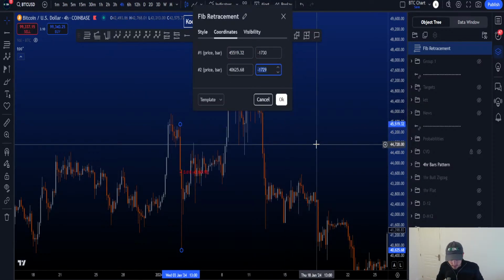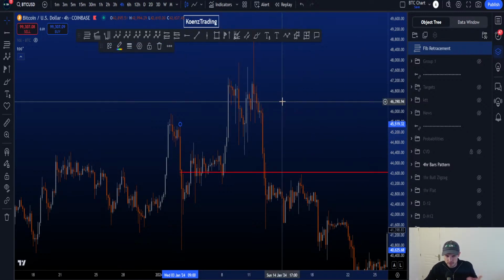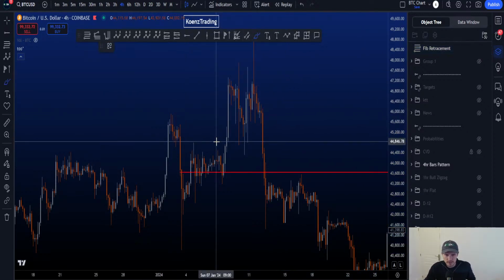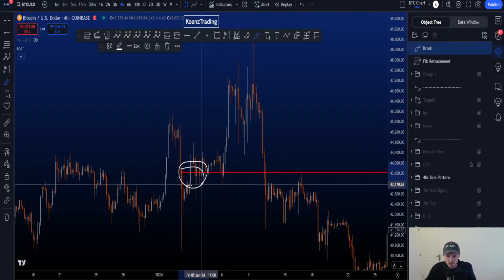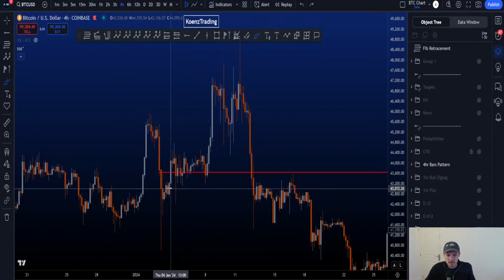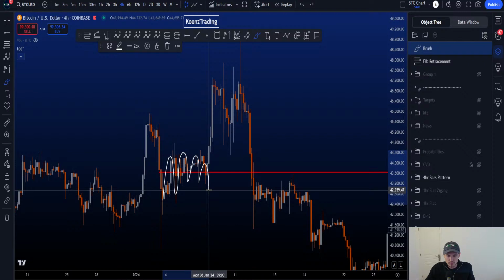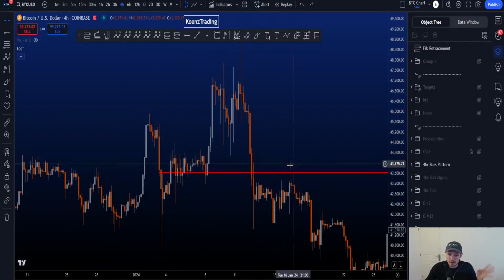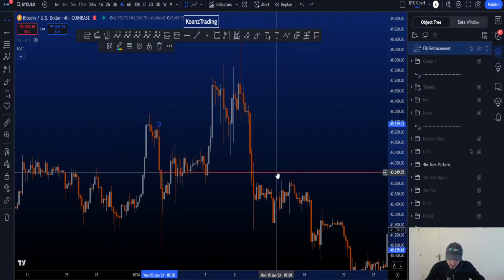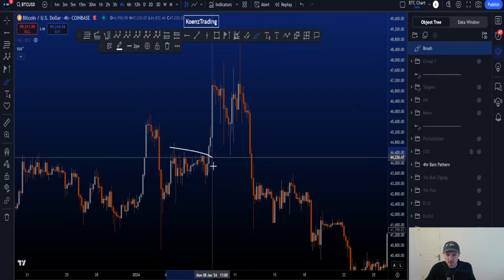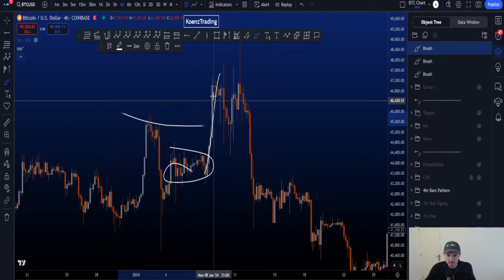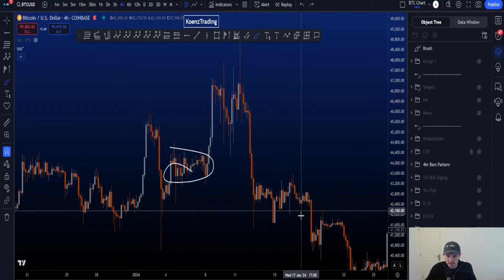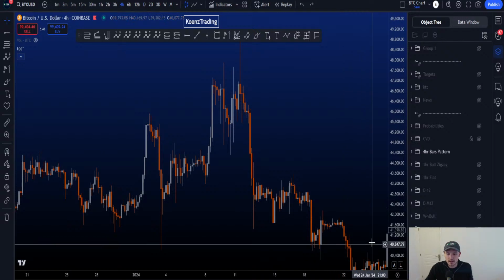What do I do now? Like 1600 or something? Okay, there you go. Well, the red line is your 618. It's a bit too long, but the 618 here was touched. Yeah, and then we just moved sideways, sideways, sideways, and eventually we moved up. Now, of course, we cannot say that Bitcoin is going to do this and then continue up, take out the high, and then come back down again to follow the exact pattern.